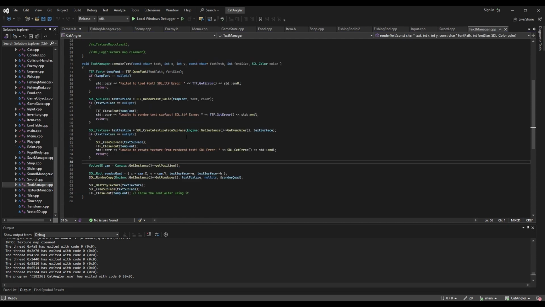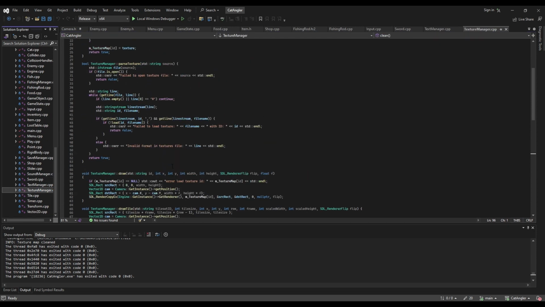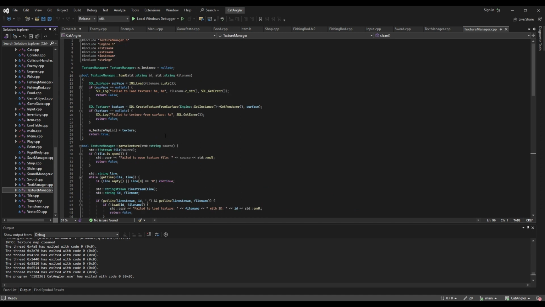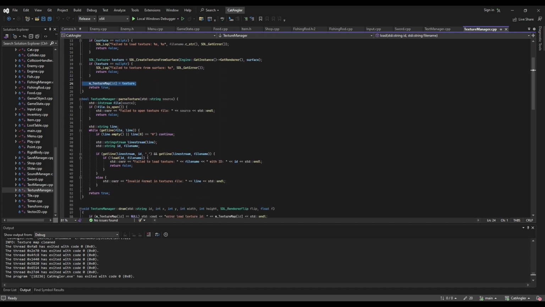So I forgot to talk about the texture manager. The texture manager is for rendering everything in this game. Like we initiate the surface and the texture. We also have the texture map. It is the vector to hold all the texture IDs. And for the parse texture, we pass the text file that stores all of the